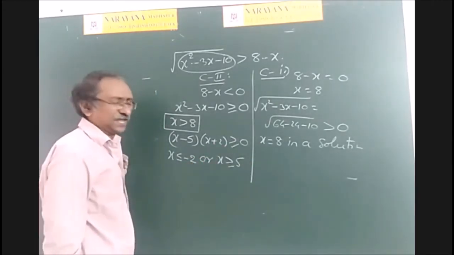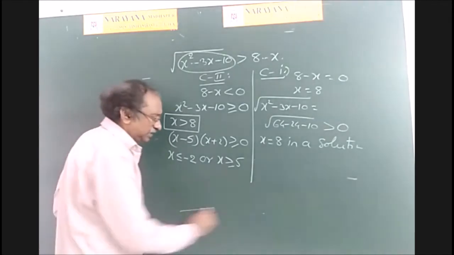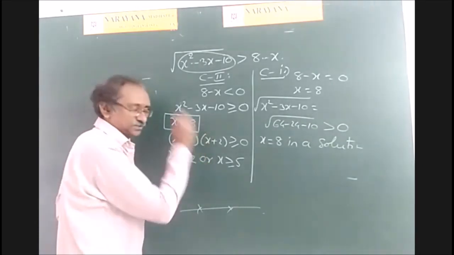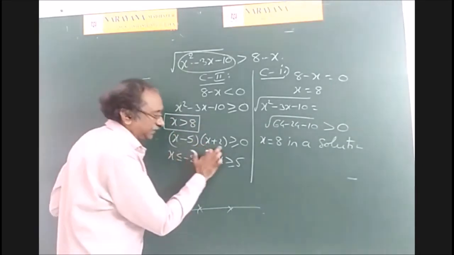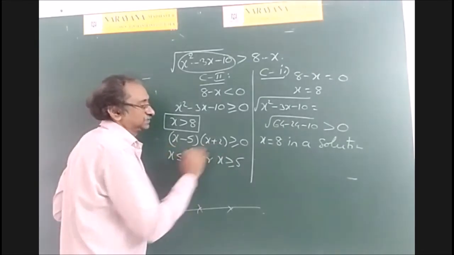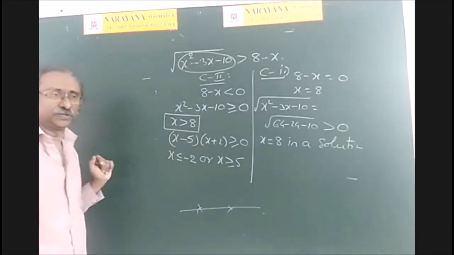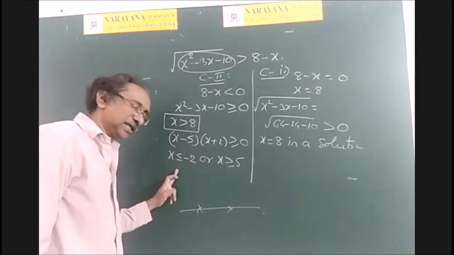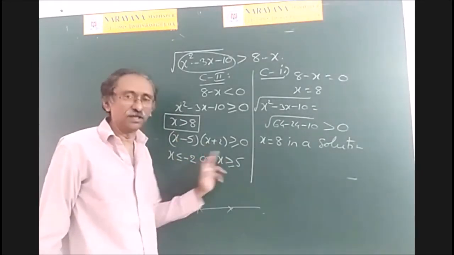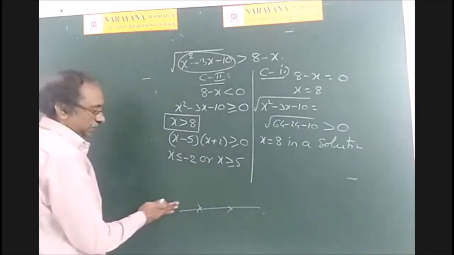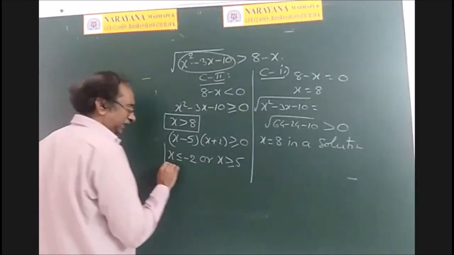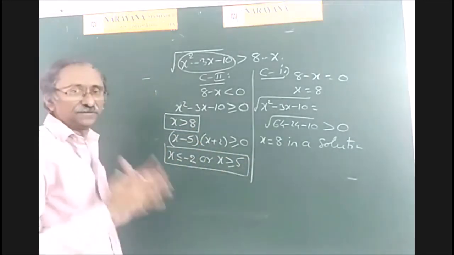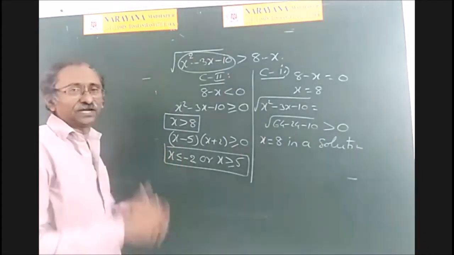Okay. So every time it is difficult to draw the diagram and use the wavy curve method. Because it is a quadratic expression, you can remember this. So this is x minus of minus 2 into x minus 5 greater than or equal to 0. So x minus alpha into x minus beta greater than or equal to 0 means x less than or equal to alpha or x greater than or equal to beta. And therefore, this is another solution set. But these two should happen simultaneously. That means we have to take the common part.